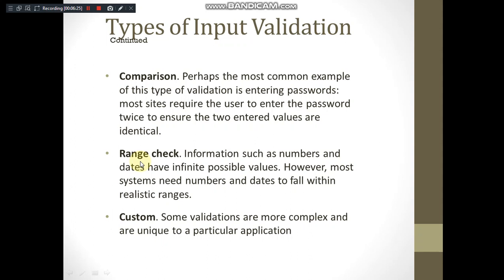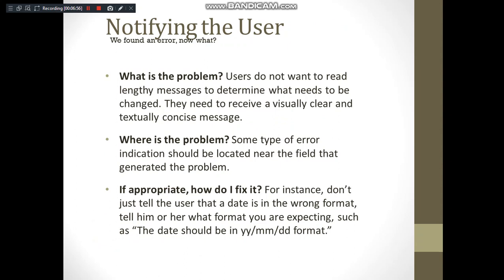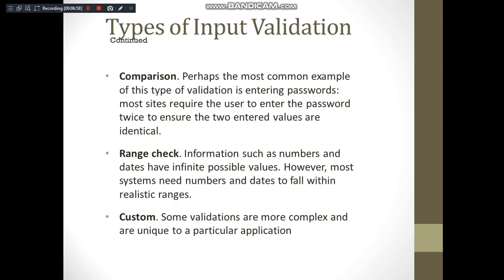You can mention a range check, like the number should be between so and so. Say for example, I am collecting the details of B division students, that should lie between 61 to 122 only, right? So that you are validating. Range checking is done. A B division student cannot enter his roll number as 1, right? So this kind of checking can be done. Apart from this, you can also have a custom validation, which is more complex, like our USN validation. So these are all different types of input validation.